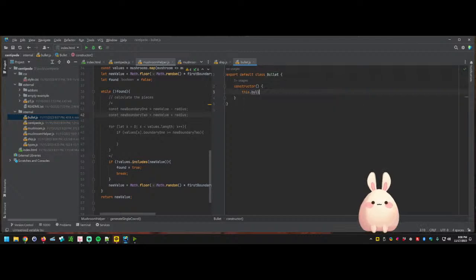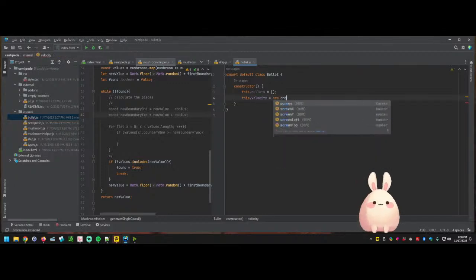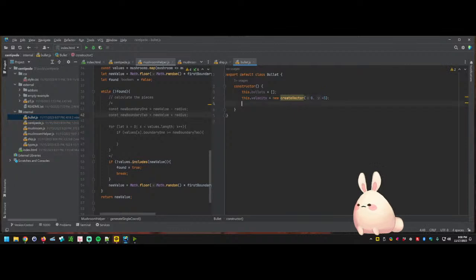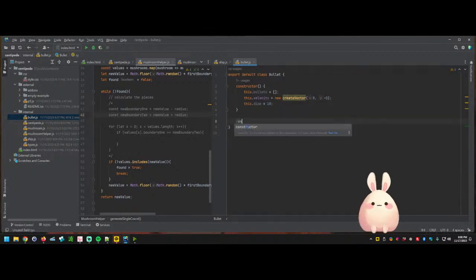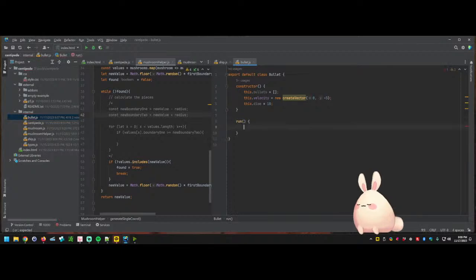And this.bullets is equal to an empty array. This.velocity is going to be equal to new createVector. Again, I don't think this is by all means going to be the most extensive, and we'll probably change around some of the variables at one point when we run this. We'll move the bullet up,